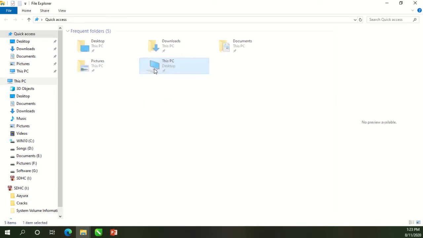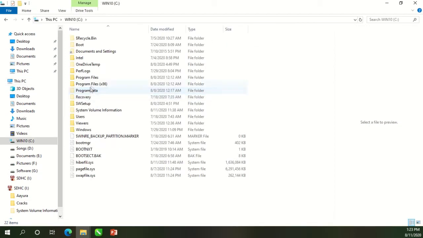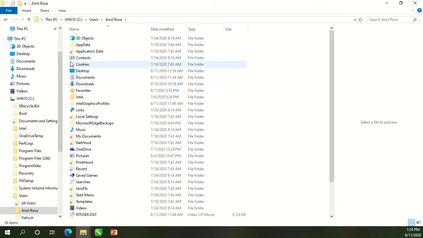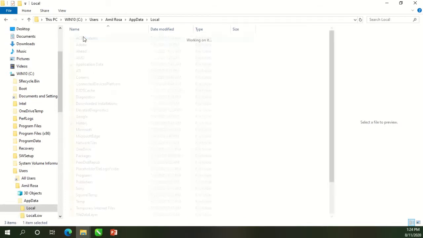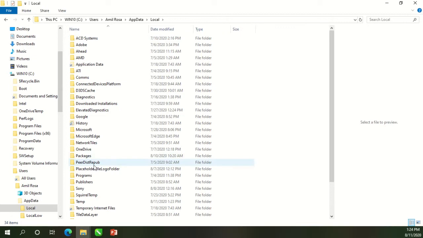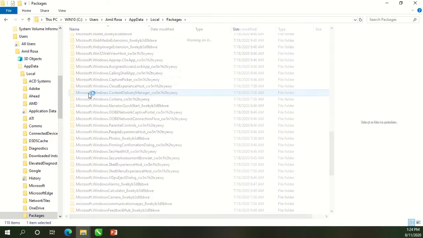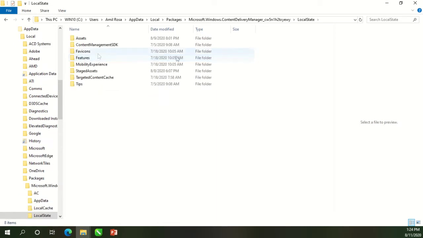Then click This PC, your C drive, Users, the name of your username, then AppData, Local, Packages, then click Microsoft Windows Content Delivery Manager. Open this folder, LocalState,